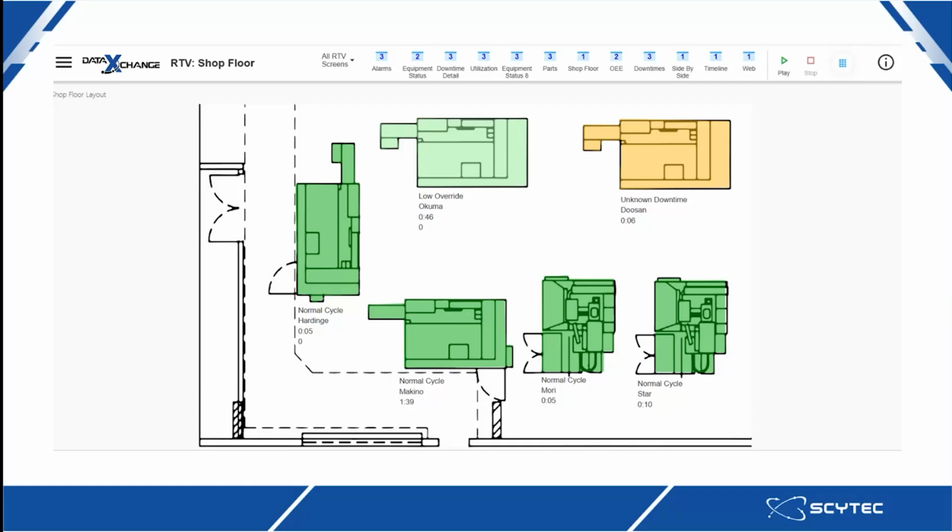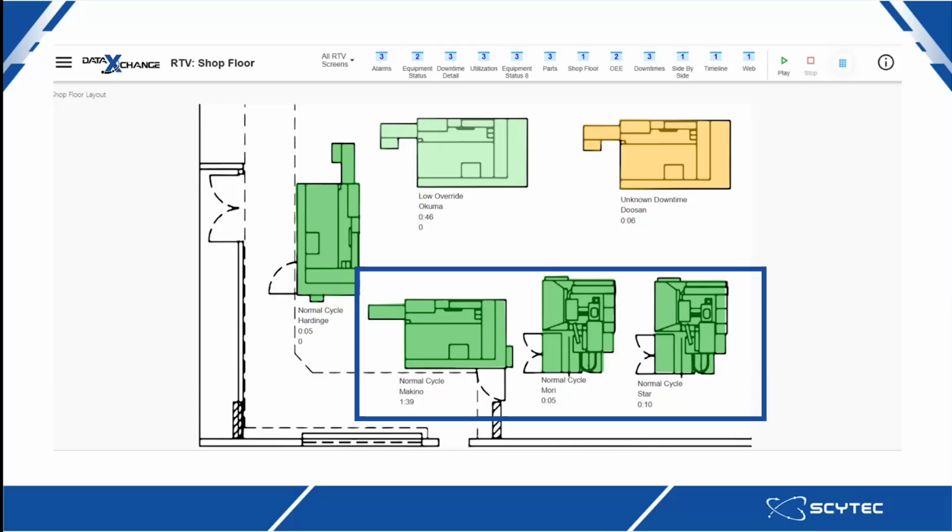You can upload any image into the RTV Designer for this, but what we're looking at here is a top-down view of a typical shop floor. We have an Akuma machine in the top middle, showing that it is in a low override and how long it has been in that override, about 46 minutes. Next to that, we have a Doosan machine that has been in an unknown downtime for about 6 minutes. And then all the machines under that, which include a Makino, a Mori,